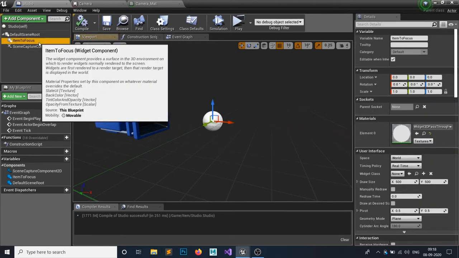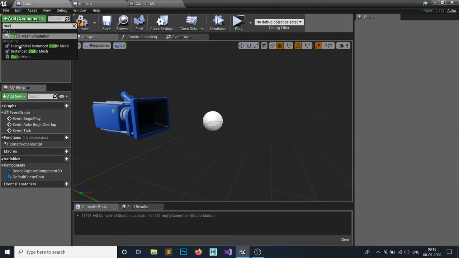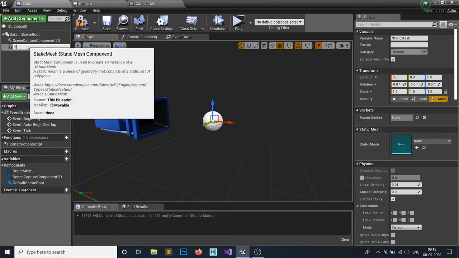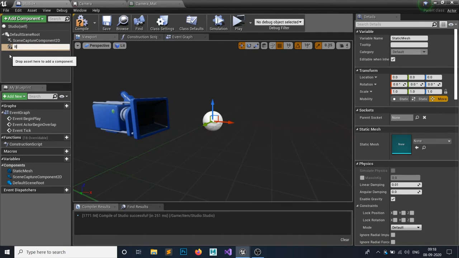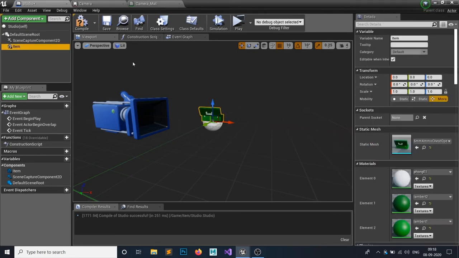Okay, we made a mistake. We have added this widget component, but we want to add a static mesh. Sorry for that. Static mesh, and name this item to focus. Make this just item, and add a static mesh, let's say just the 5 mm ammo chest.